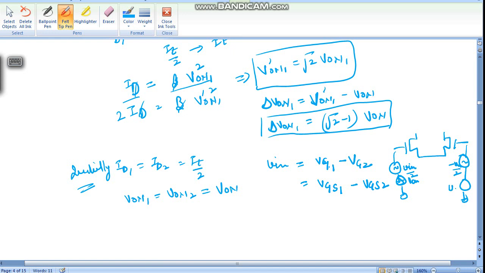So we can write it like this, this gate voltage minus this, or we can write it like, if we apply